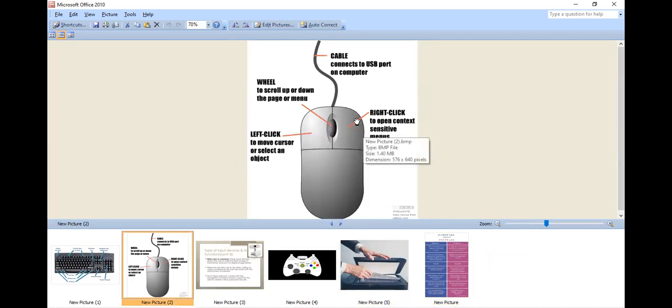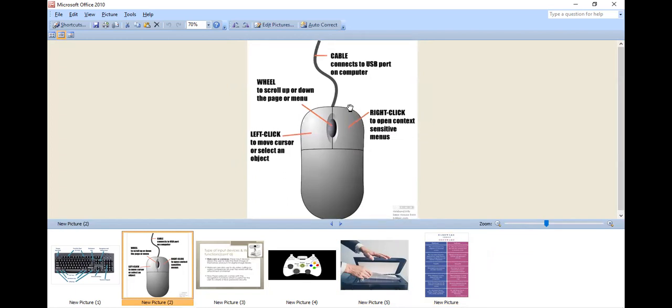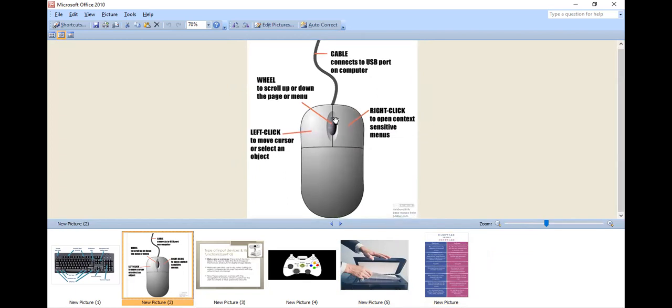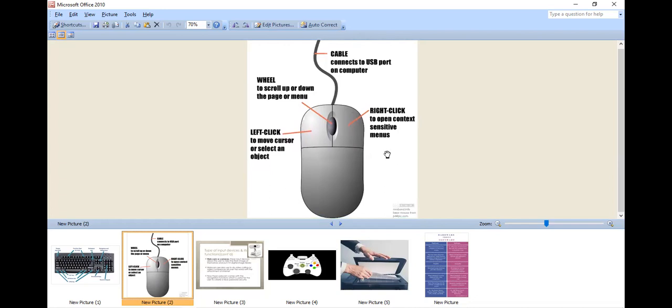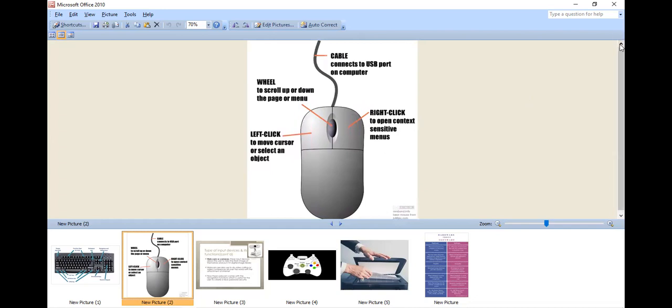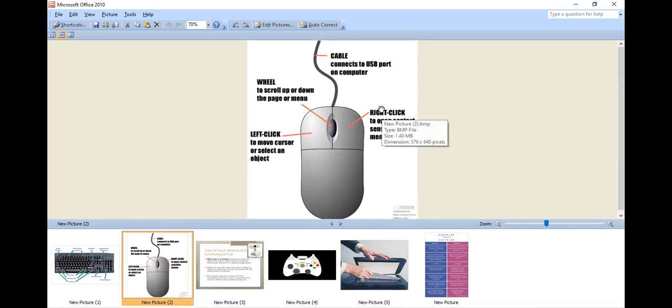Then this is a scrolling button. You can see this is scrolling. I can scroll the image through the scrolling. This middle button is used for scrolling. Now I am performing scrolling through the mouse. You can see this is vertical scrolling, through the mouse also I can scroll it. Then this is a USB cable which is connected to the computer system.